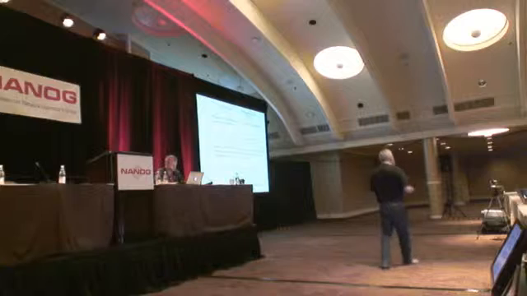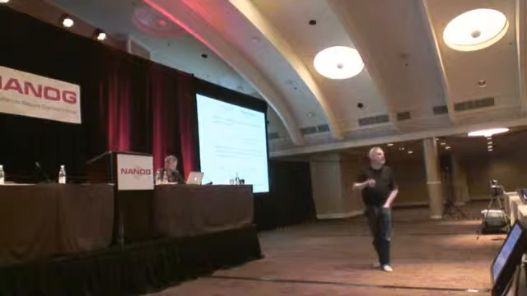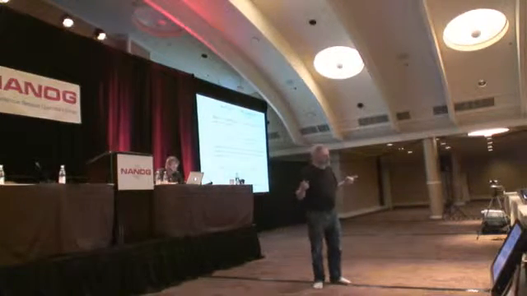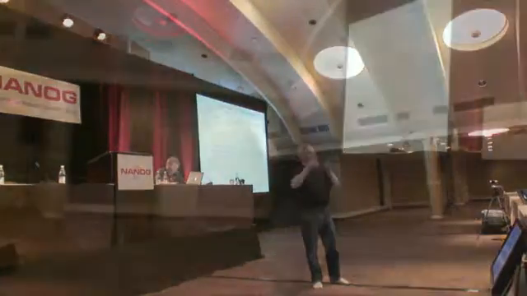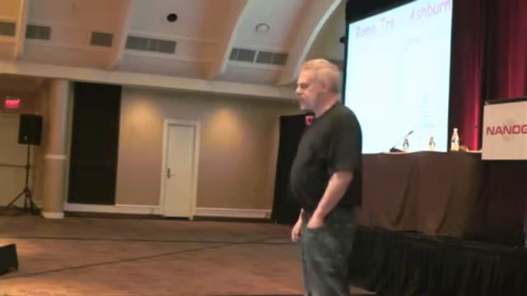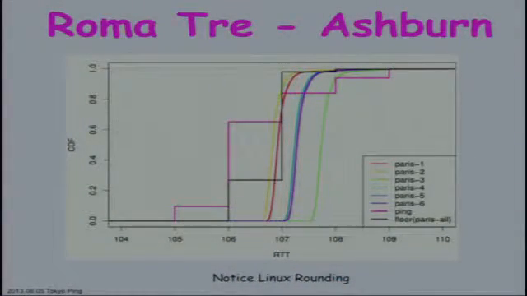ECMP and for lag. So we ran these, if you'll remember, I asked on Nanog for some help. We ran experiments. An experiment would take 8-10 hours, do hundreds of pings, just over to one destination, but across all these to get a fairly reliable number. This is what it looks like. Here's Roma Tre University in Rome to Ashburn. And Linux, it's wonderful. Linux rounds the ping result. It believes that ping cannot have any resolution better than 3 digits.